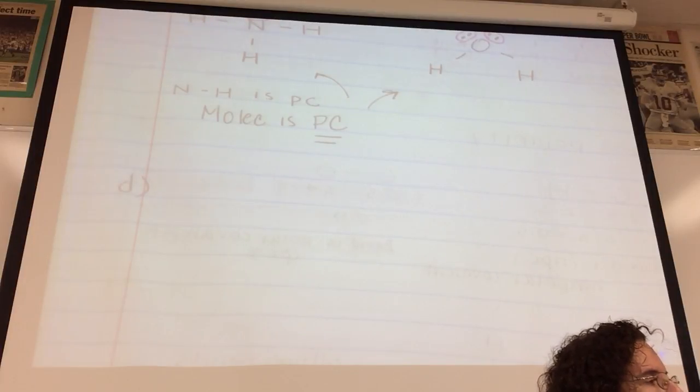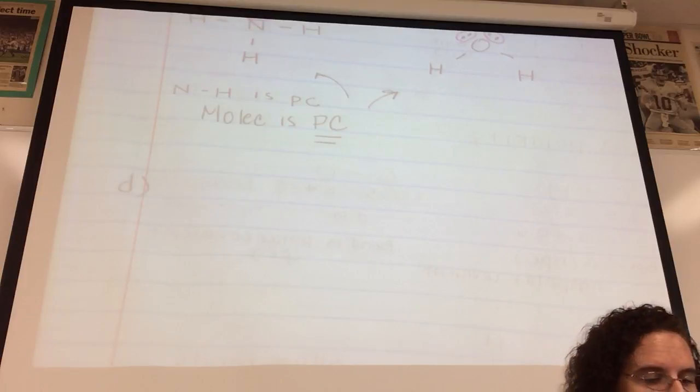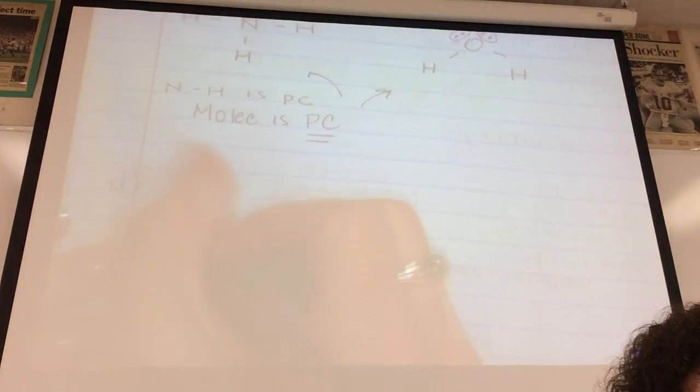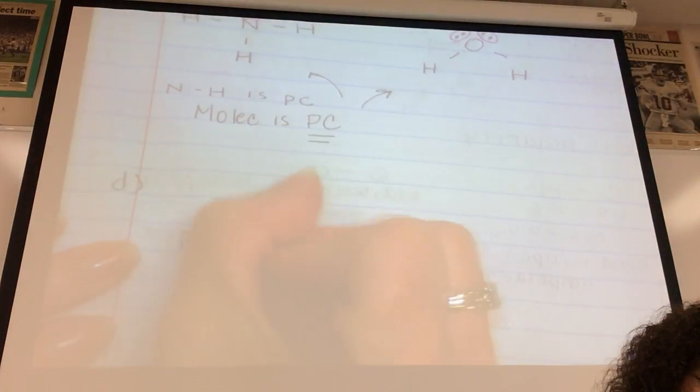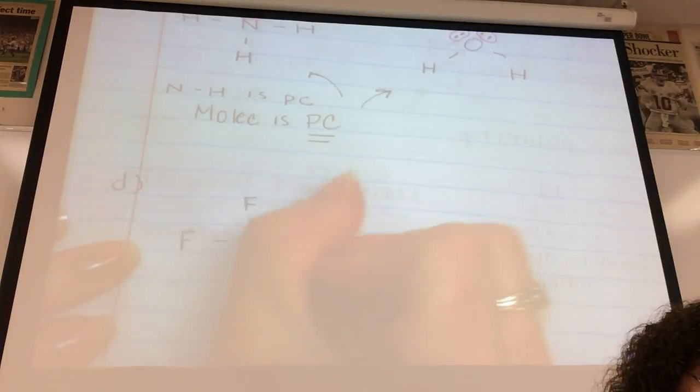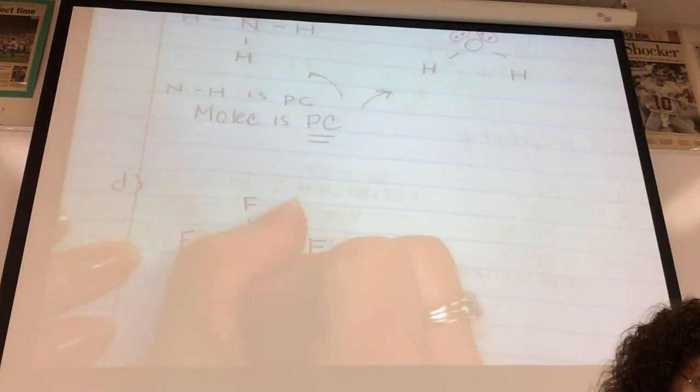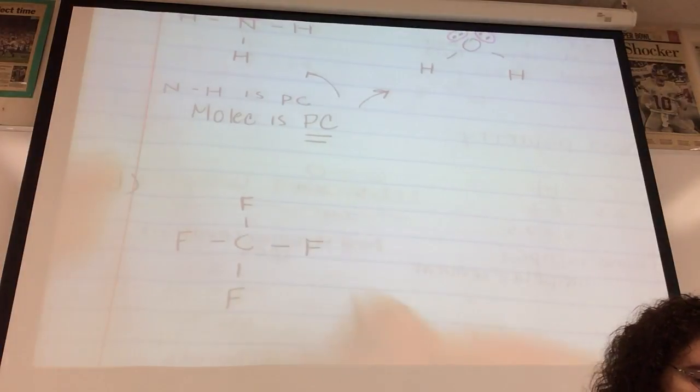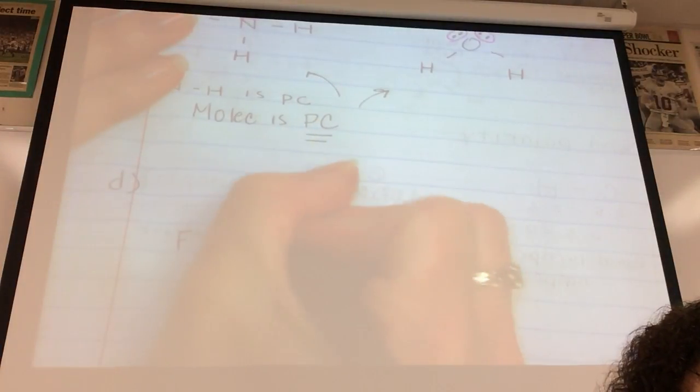If the molecule is perfectly symmetrical, it can bend back on itself, has no lone pairs on the central atom, and all atoms bonded to the central atom are the same or have similar electronegativities, the molecule is nonpolar because the dipoles cancel. For example, carbon tetrafluoride